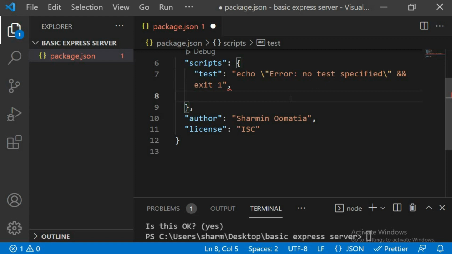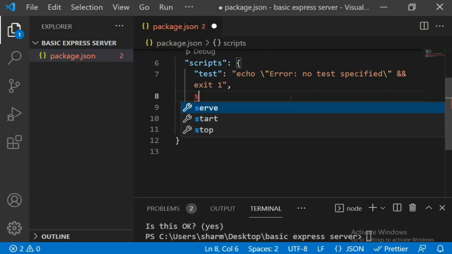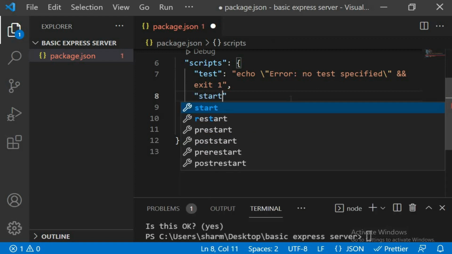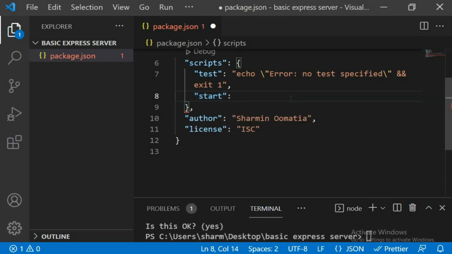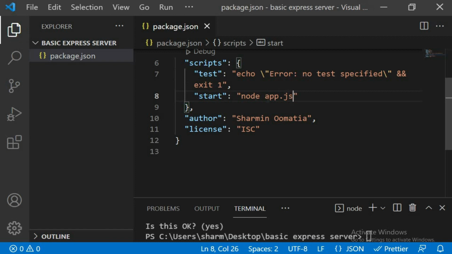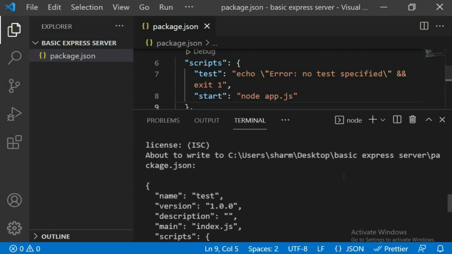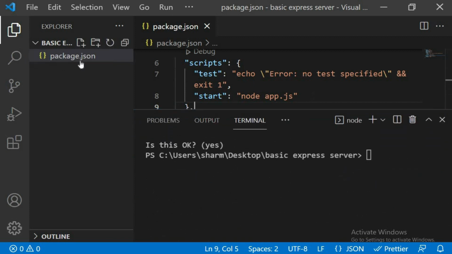Here let's set up a script to start our app. We say start, and we will say node app.js, because the name of our main file will be app.js, that will act as our server. Alright, now this was the first step. We got this package.json created. Now we need to make